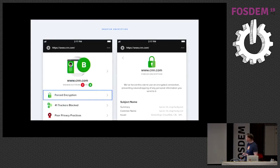Okay, so the next part is what we call smarter encryption. So while HTTPS is becoming more common, it's still not fully out there yet. Not every website is configured for it, and some websites configure it incorrectly. The other thing is that